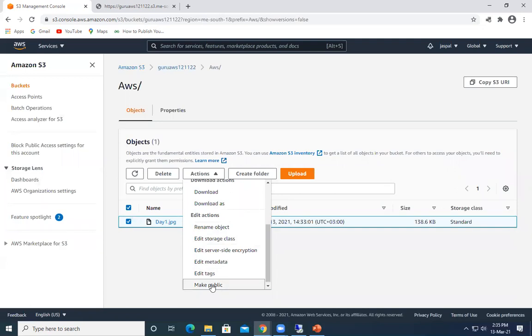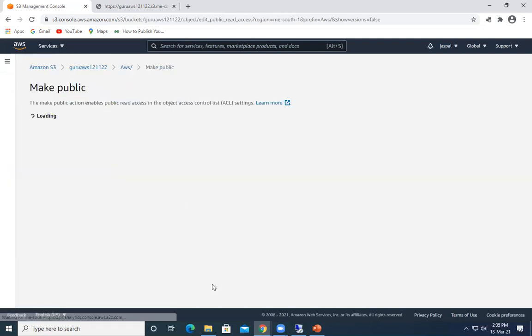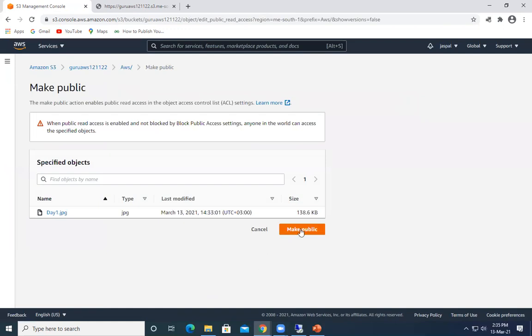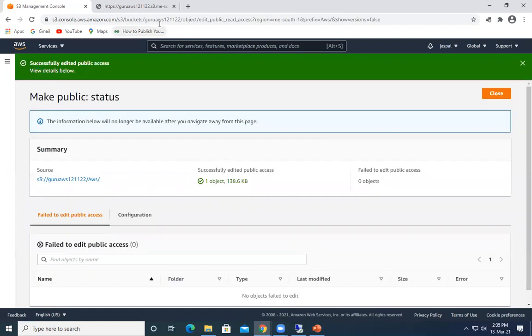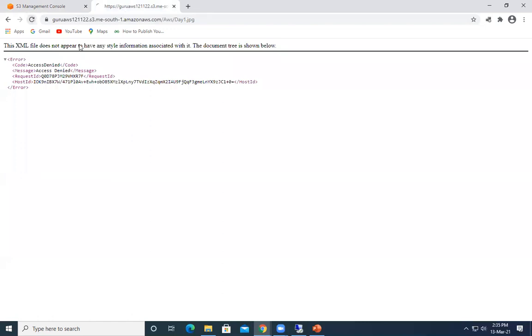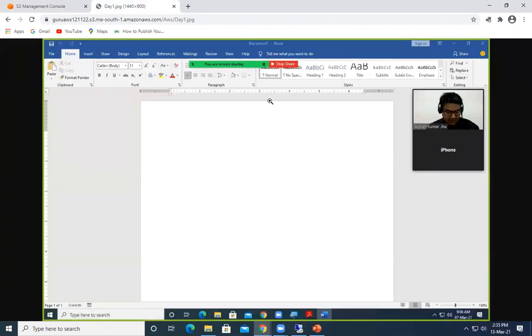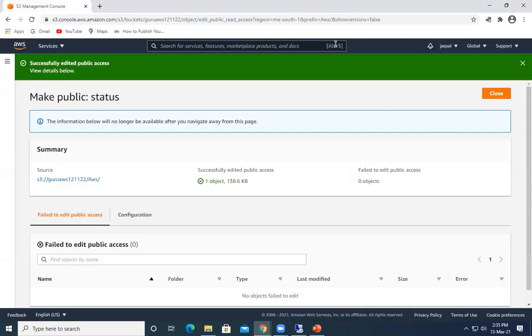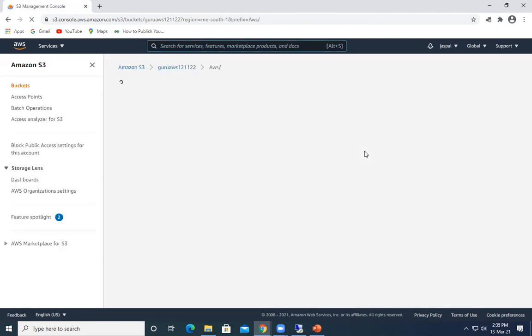That is the object level that we can define a permission. Make public. So let's refresh our URL over here. You can see now this file is accessible. So this is how we can maintain an object level permission, whether we can access that file or not.